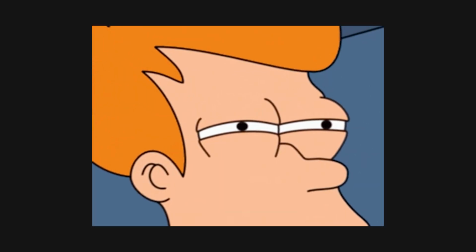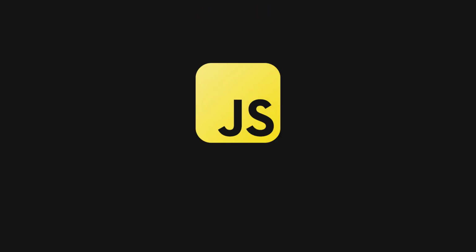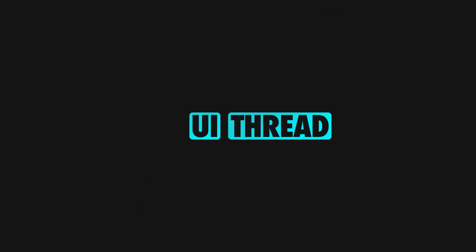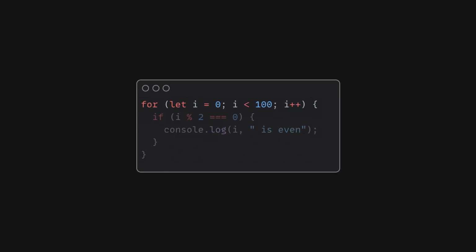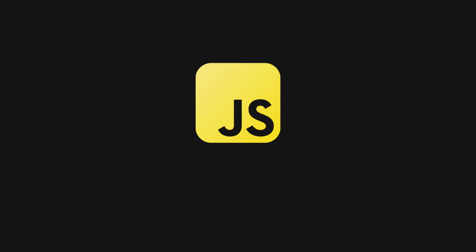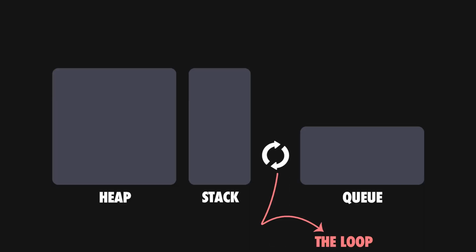So what's the deal with web workers? You'll hear people saying that JavaScript is single-threaded. The main thread, also known as the UI thread, will execute your code line by line without being able to execute lines in parallel. Despite this limitation, well-written JavaScript code is non-blocking and rather snappy thanks to an event loop-based architecture. I promise web workers will make much more sense once we have the basics covered, so let's quickly review